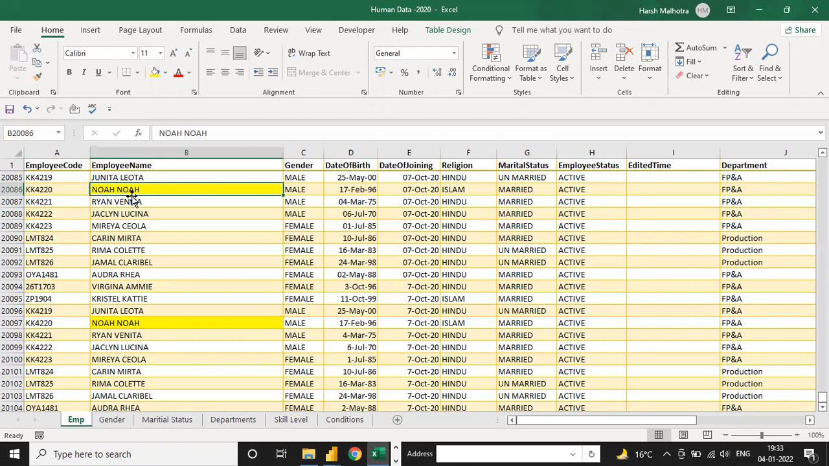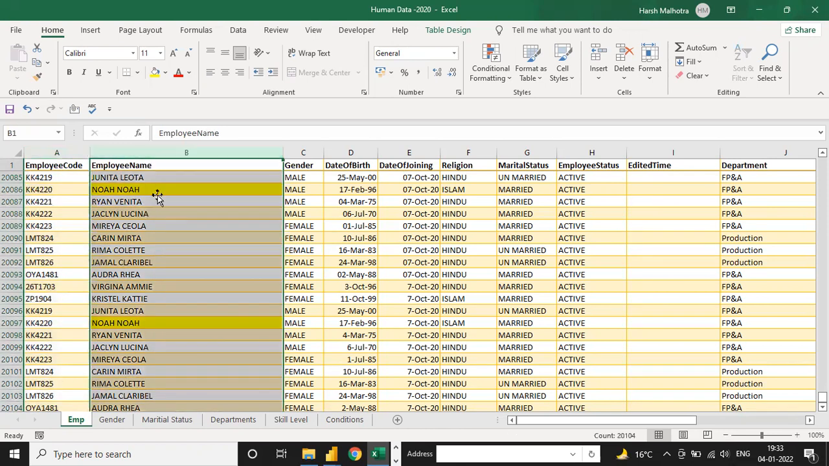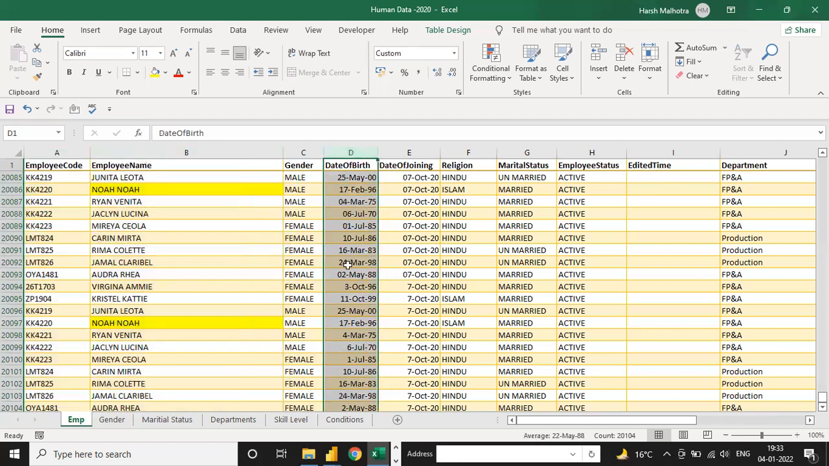You mean to say that from any column we can delete duplicates? Yeah, for any column. If you want to delete for employee code, you can delete for employee code also. For any column you can delete. But you have to think, suppose you delete from date of birth, then date of birth may be the same for 2 or 3 people, but the